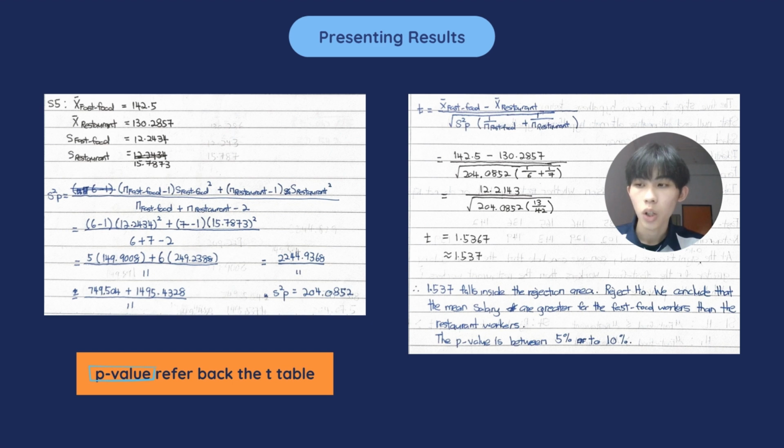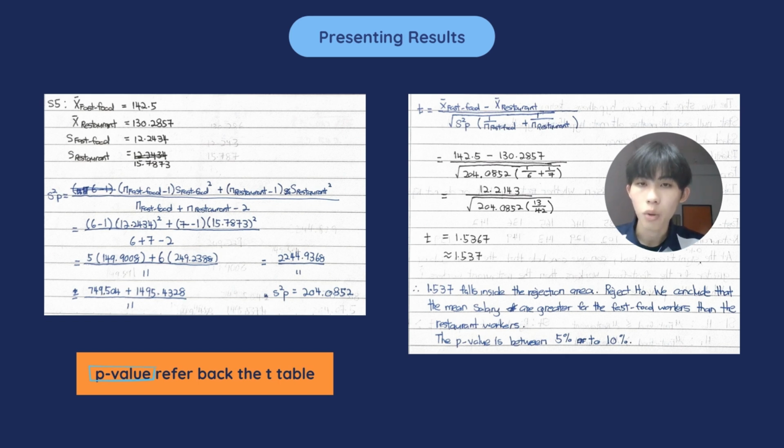We will get 12.2143 divided by the square root of 204.0852 multiplied by 13 over 42. And at the end, we will get the t-value equal to 1.5367. Since I want the value in 3 decimal places,